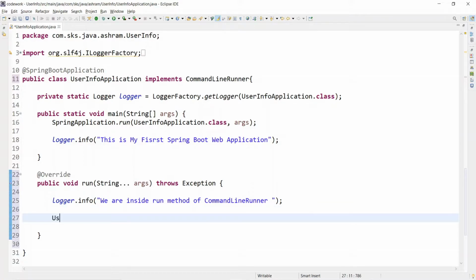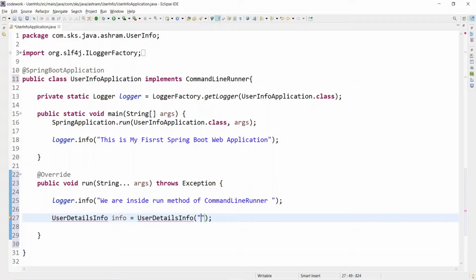Let's say there is one class we are going to design, UserDetailsInfo, and let's say info is one of the objects, and we are taking UserDetailsInfo. We are going to store three kinds of hard-coded information over here for now. Later on we'll take input to store the information, but for now let's take the hard-coded values only.